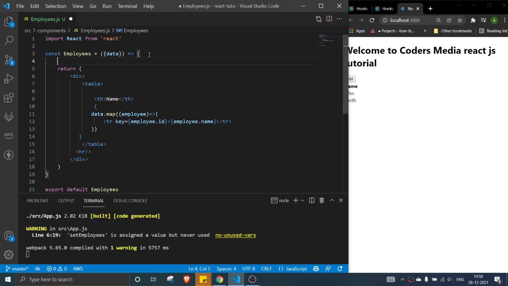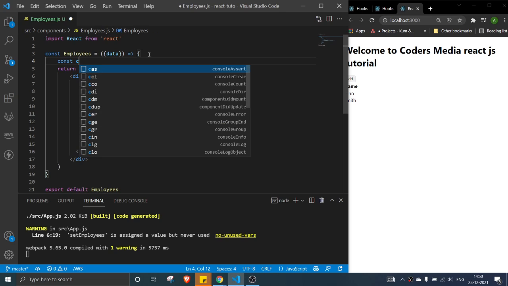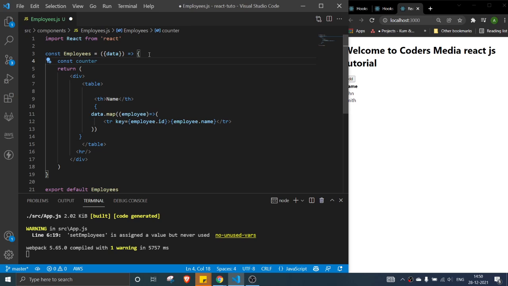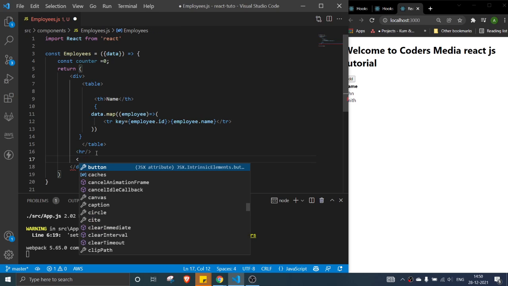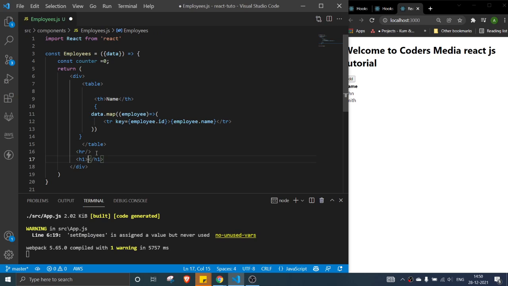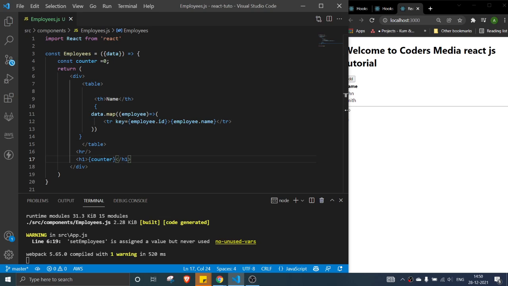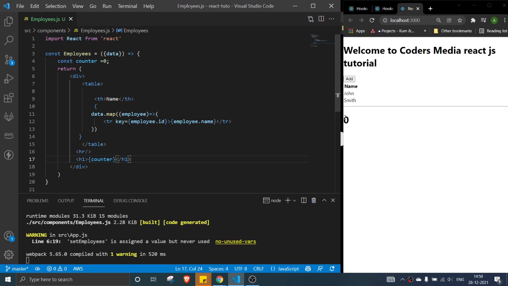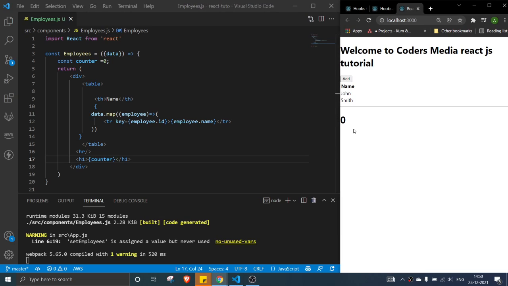So here I add a constant called simple example, with counter equal to 0. This counter value gets displayed over here.